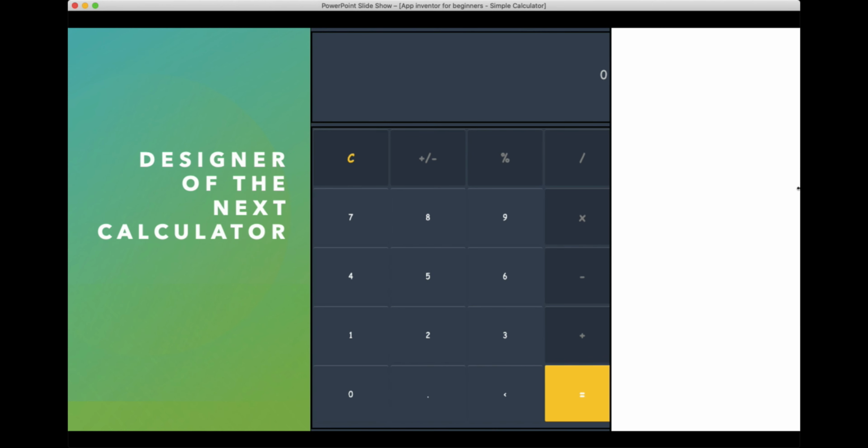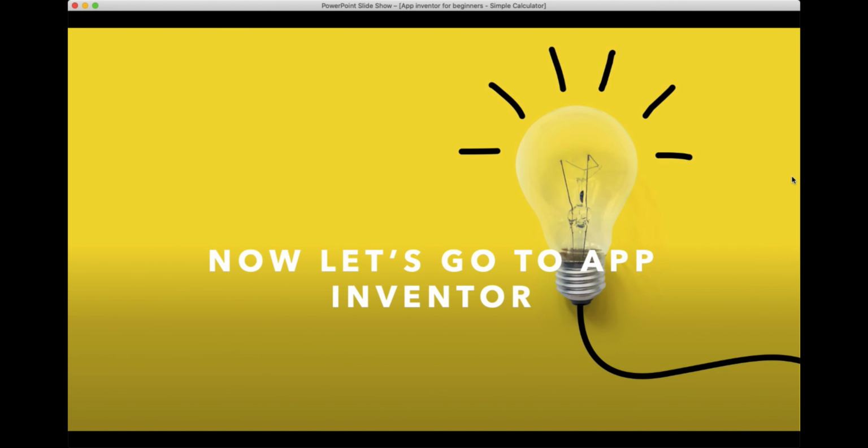Now, the designer of the app, the real calculator app, which I told you we'll be doing. So this is the cool designer part which I talked about. See, it looks exactly like a calculator. And when you see it on mobile phones, these lines will not be visible. They are just horizontal arrangements, and I'll teach you what that is in the next session.